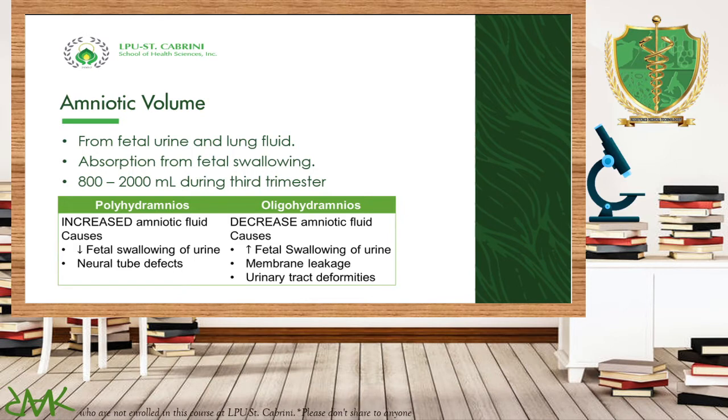In some books or in the previous slides, as you can see in this slide, it is 1,000 to 2,000. In the older edition of the textbook it's 2,000, but in the edition that we are using it is 1,200 ml. Take note, guys, volume that is larger or higher than 2,000 ml is considered as a